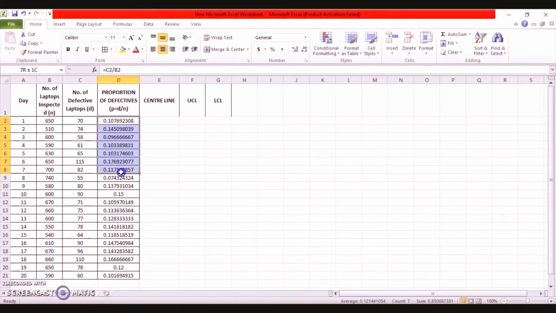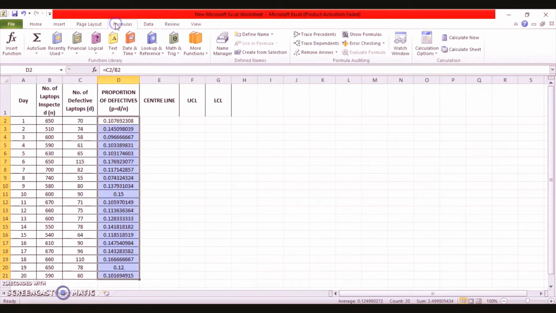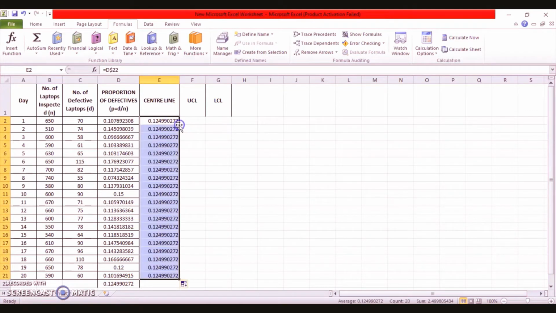So simply we'll select these values of proportion defectives. This is the beauty of Excel. We just have to remember the formula. We know how to use the functions, and it lessens all your calculation, all your work. You just have to click and you get the rest of the values in front of you. To make it uniform for the rest of the samples, we put a $ sign here, and here comes the value of the center line for the rest of the samples given here.